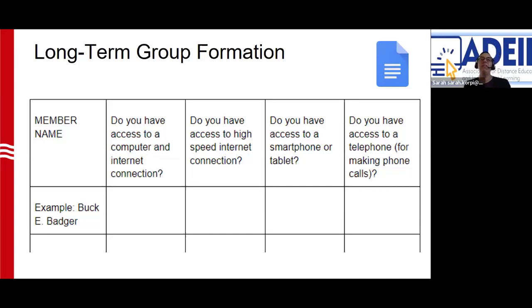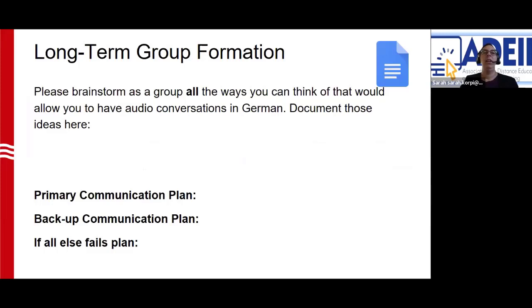So in support of this goal, I asked each student to share with their group members what technology was available to them. I was trying to avoid students saying, "Oh, we'll just all call each other on our cell phones." If one student didn't have a cell phone, then that wouldn't be an effective option for them. So once students disclosed what technology was available to them, I asked them to brainstorm all the ways they might communicate. I wanted them to think about multiple solutions to an issue, and all of the different ways that were available.